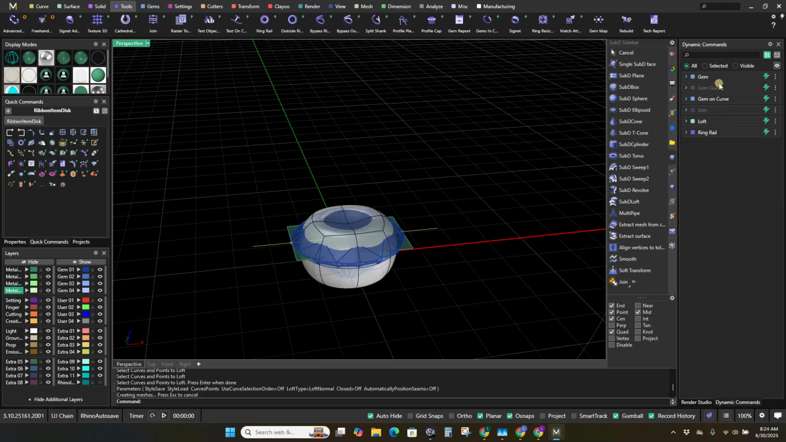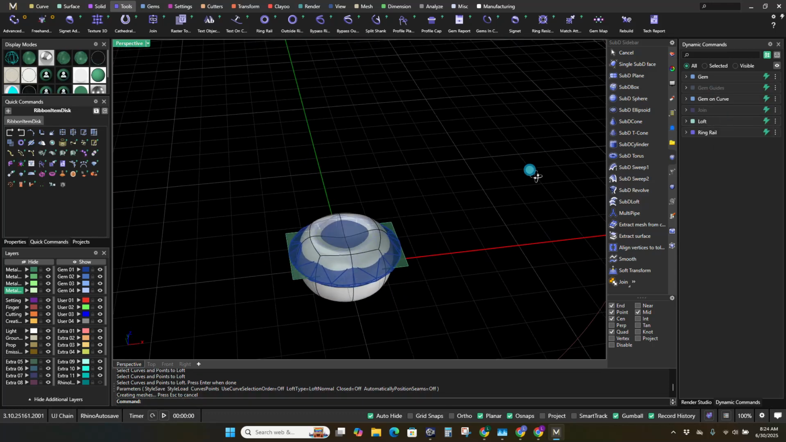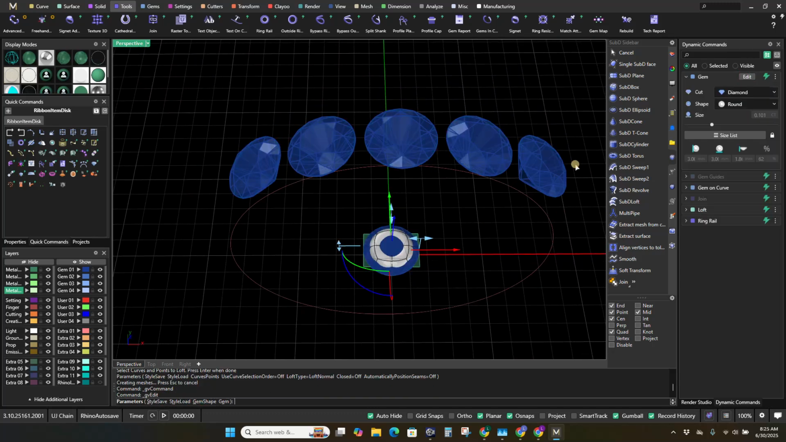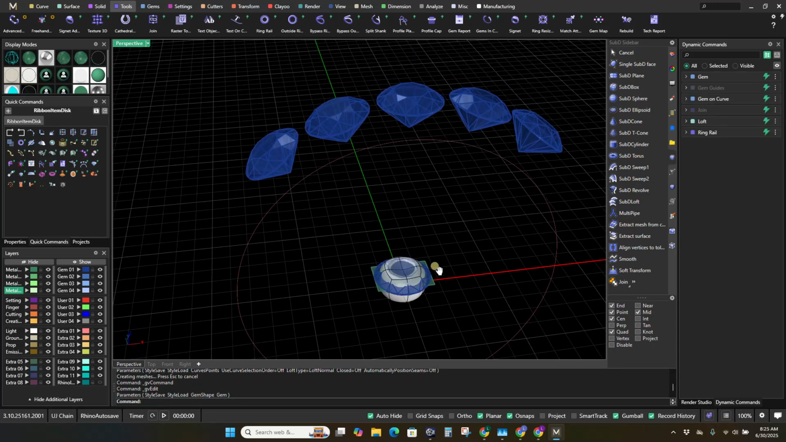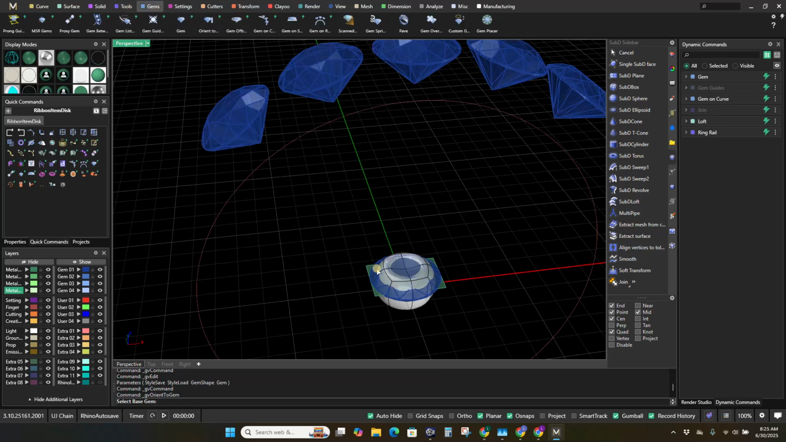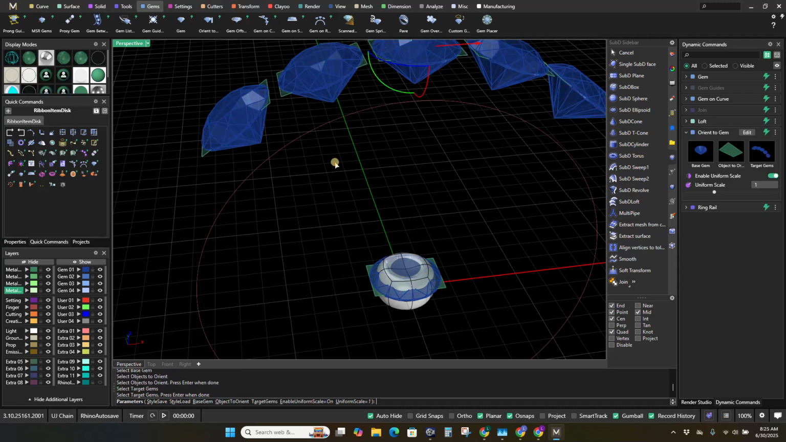So now my surface, and I'm just going to hide gem guides. Now my surface is oriented to my gem. So if I make my gem bigger, my surface will also get bigger. Okay. And then I'm going to use orient to gem to orient my surface. So I'm going to select my base gem and my object, and